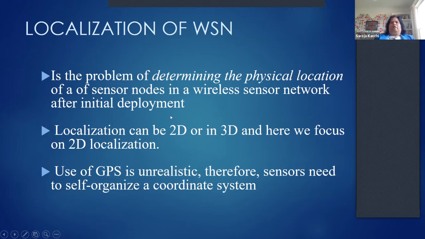Now, you might say, why don't you equip each of these sensors with GPS so you know their location anyway, so the localization problem gets automatically solved? And the answer is quite simple. GPS consumes a lot of energy, and not all sensors can have GPS. We'll see very soon, some would be, and those would be called anchors.